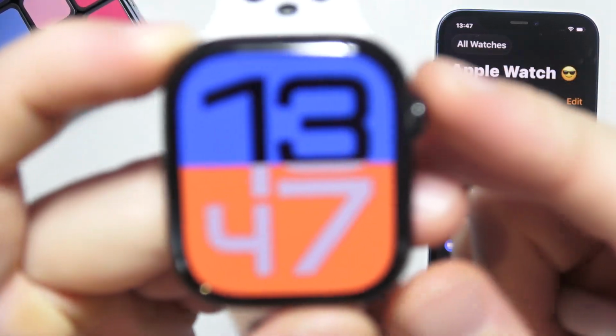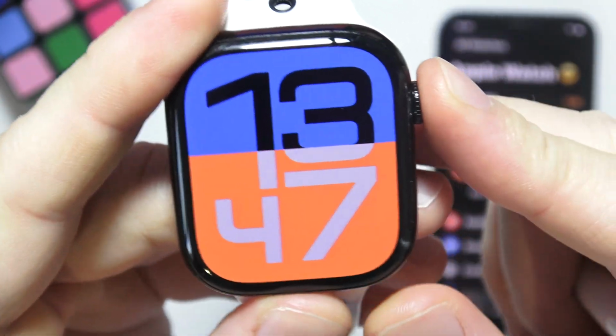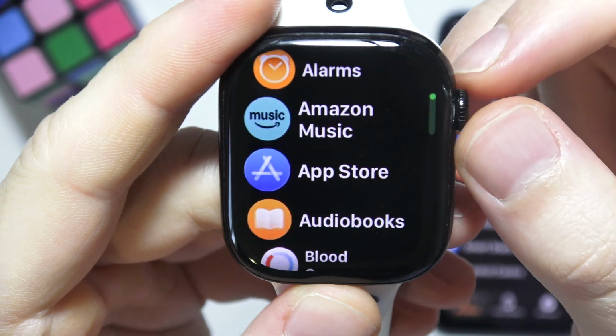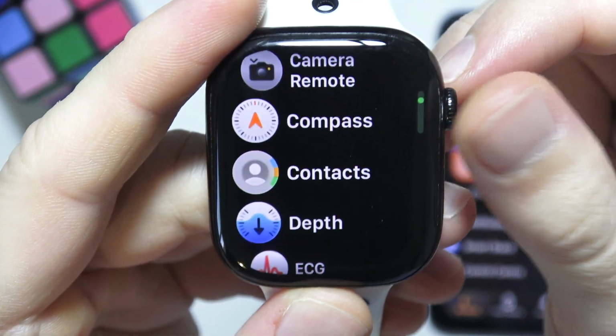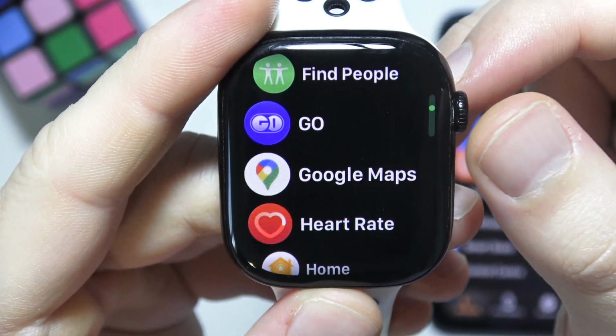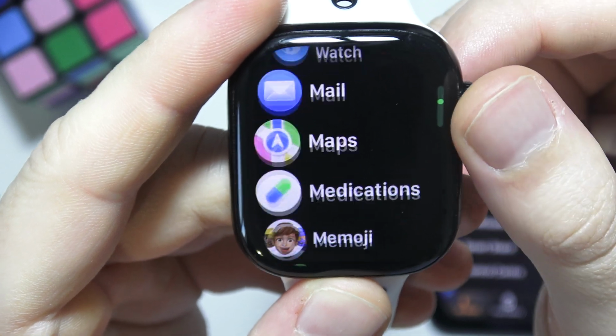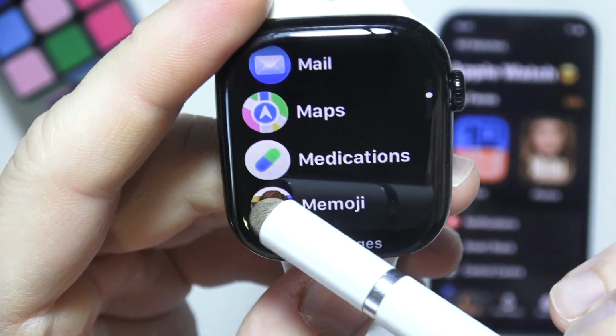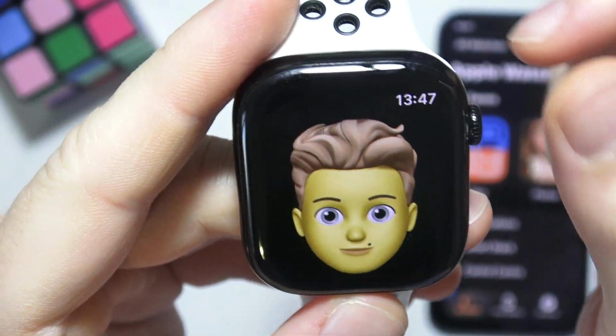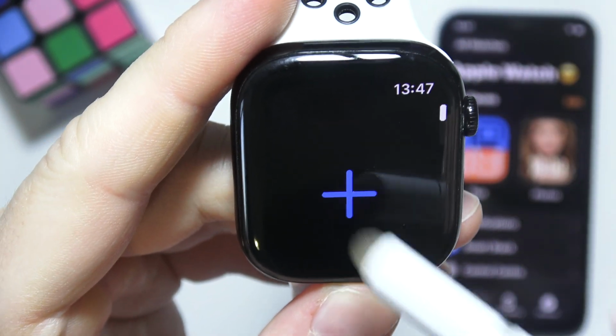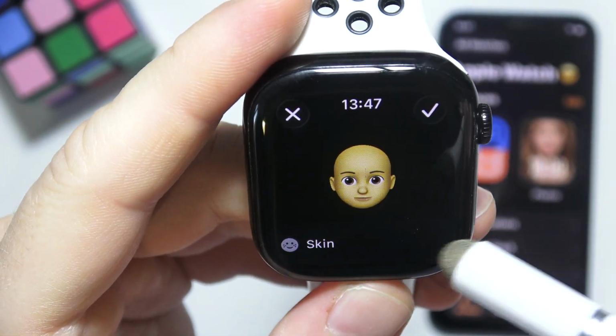If you want to create a Memoji on the Apple Watch, you can do that by opening your Apple Watch applications and searching for Memoji. It's available just over here, under Medications and above Messages. To create a new one, you have to click on the plus, and now you can find the preview,